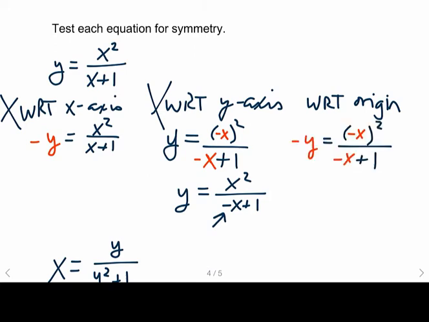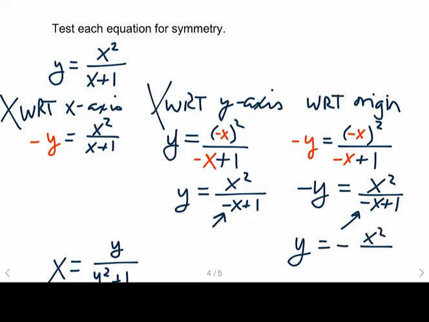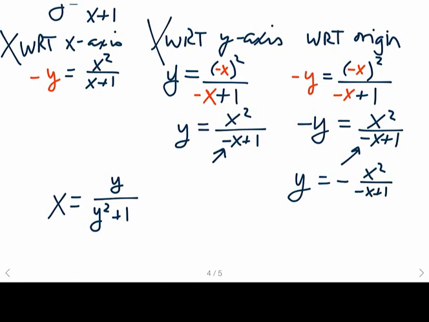Testing for symmetry with respect to the origin, we replace both x and y by negative x and negative y respectively. And I can clean this up a little bit, but I just end up with negative y equals x squared over negative x plus 1. And again, we have that negative as a term in the denominator. There's nothing I can do to try to, well, I can try. Maybe multiply both sides by a negative 1. Negative of x squared over negative x plus 1, which may look tempting,